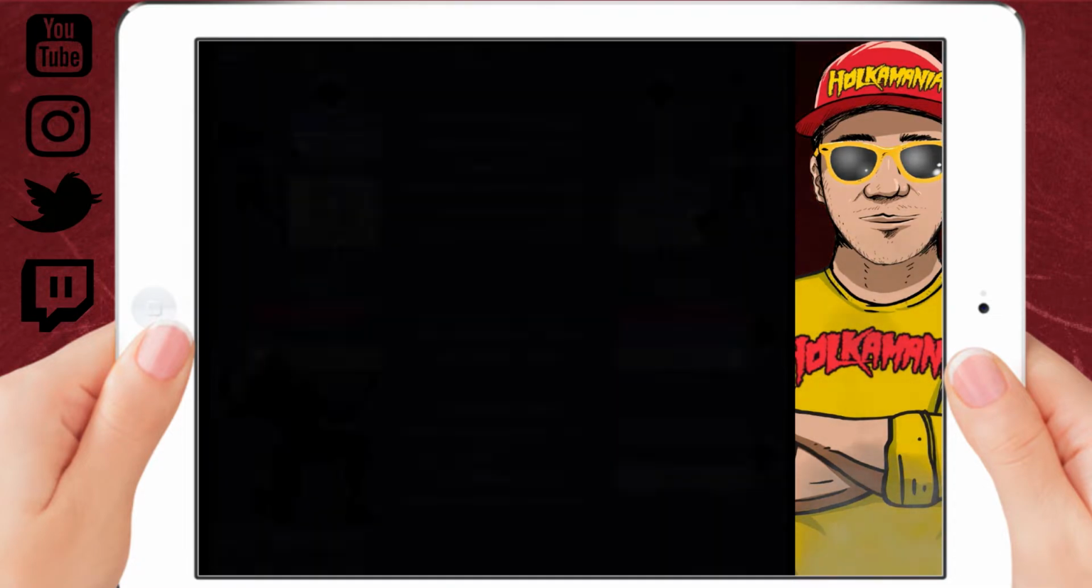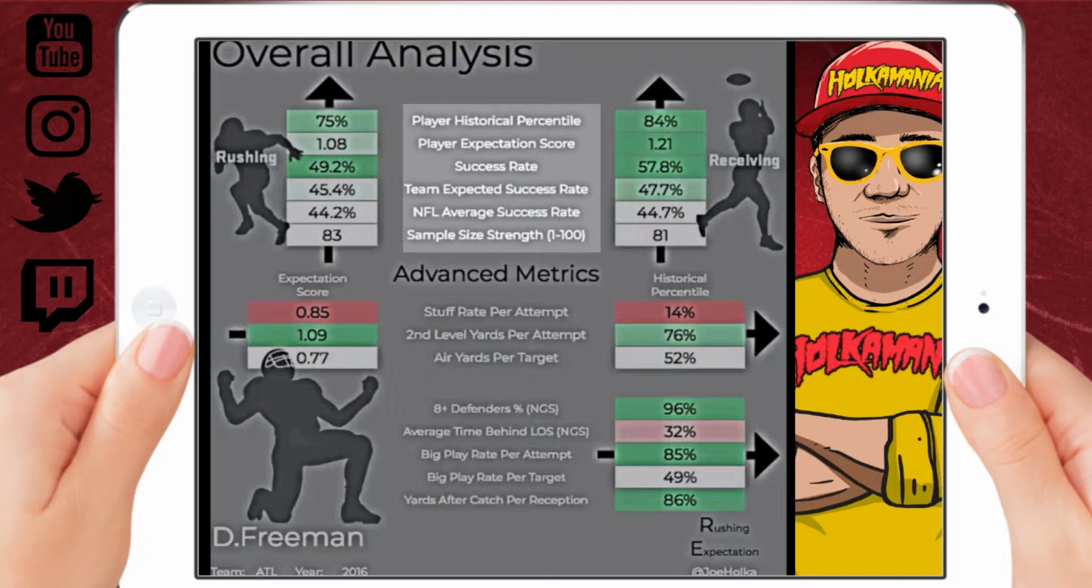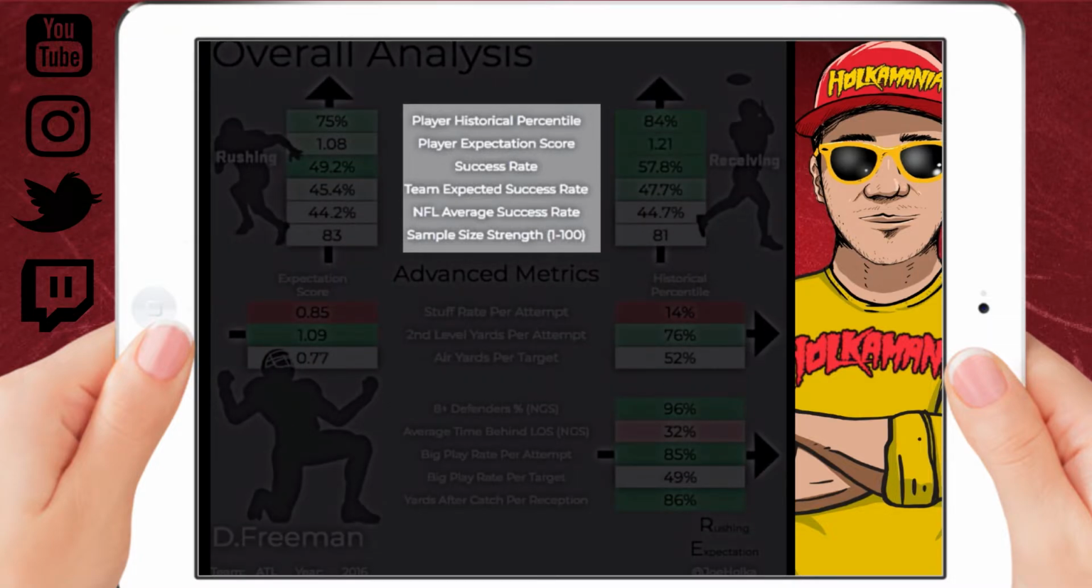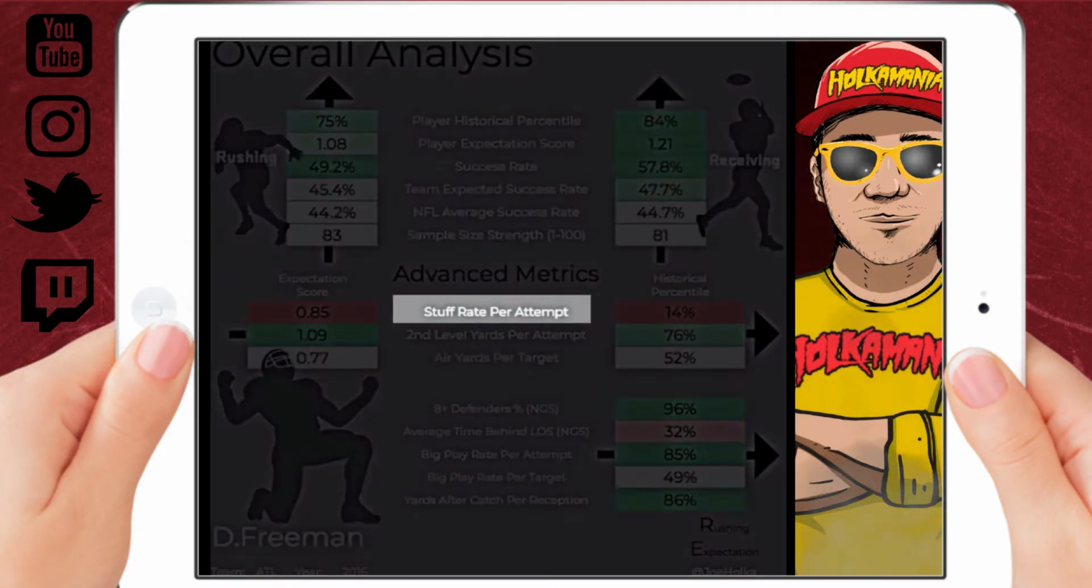Chart number 3, basically a big picture snapshot of how well a running back has performed based on his sample on the ground and through the air. The top portion of the chart is comparing a player's success rate to expectation, and then we have a bunch of other key stats like stuff rate, which is the percentage of the total rush attempts tackled behind the line of scrimmage,